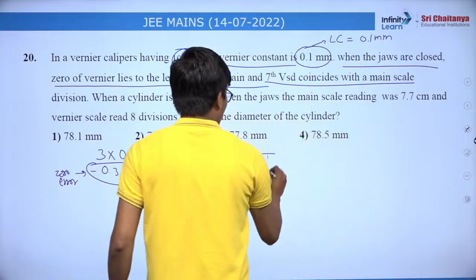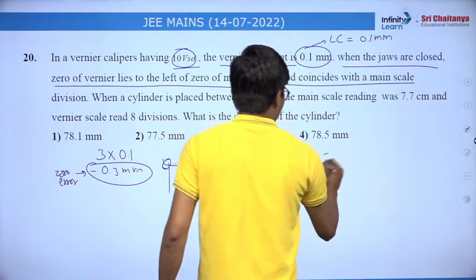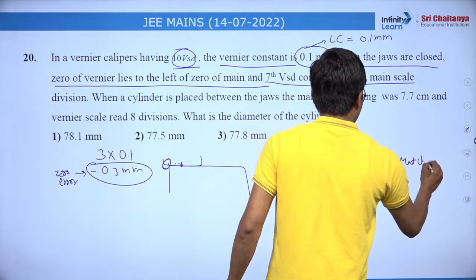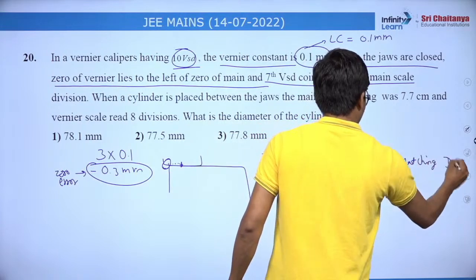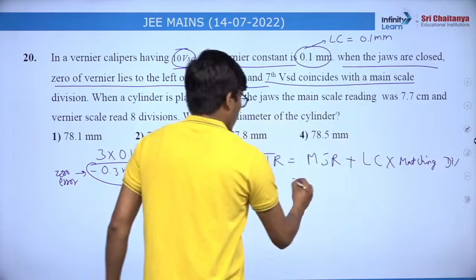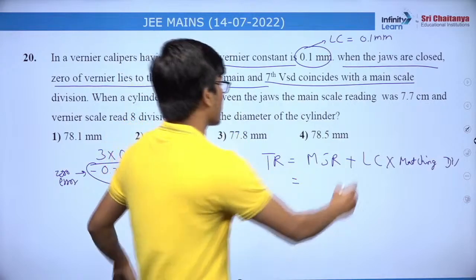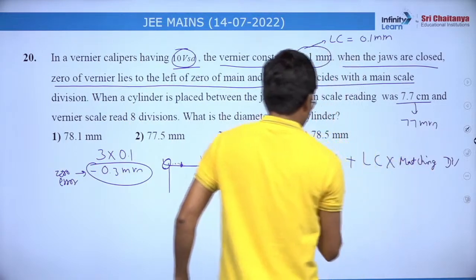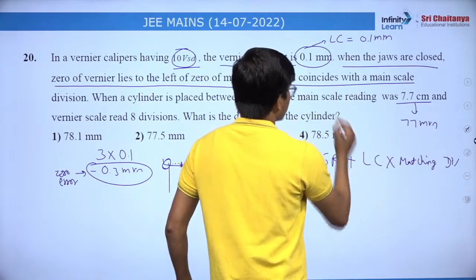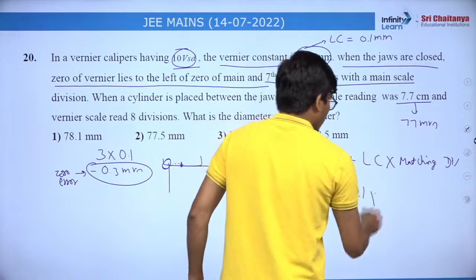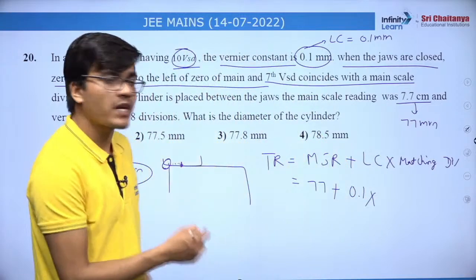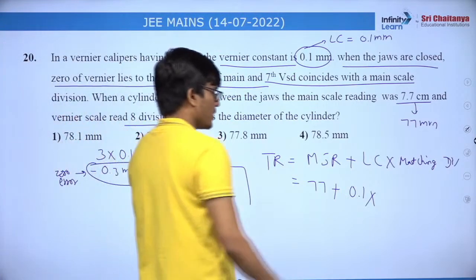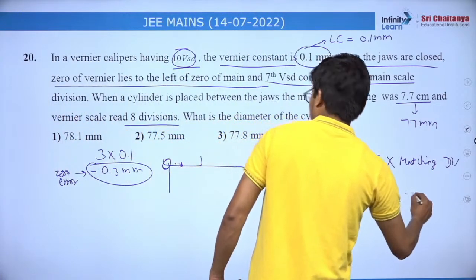And how to find the total reading? Total reading is main scale reading plus least count into matching division, right? So the main scale reading given to you is 7.7 centimeter, which means 77 mm. So it is 77. Least count is 0.1. And which division of the vernier scale is matching with the main scale? That is written here, 8 divisions, right? So